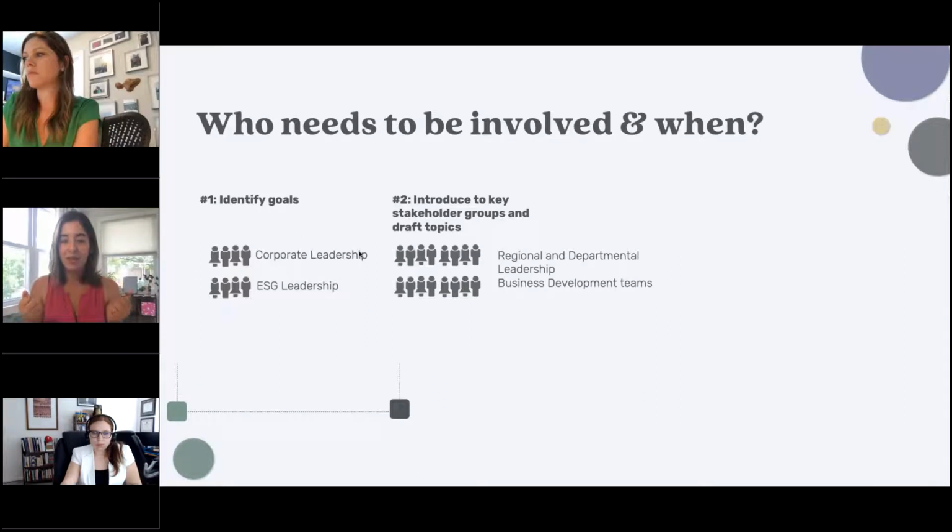You want to make sure that you gather all of these different points of information. And for this group, you'll be looking at engaging regional operational planning leadership. So for real estate, this can be portfolio managers or directors, asset group managers or directors, and engineering directors. You'll also be looking to engage departmental leadership, such as employees, so HR, or community partnerships leadership, anything that's customer-centric as well, to make sure that you understand from those leaders, from those points of view, what is material from